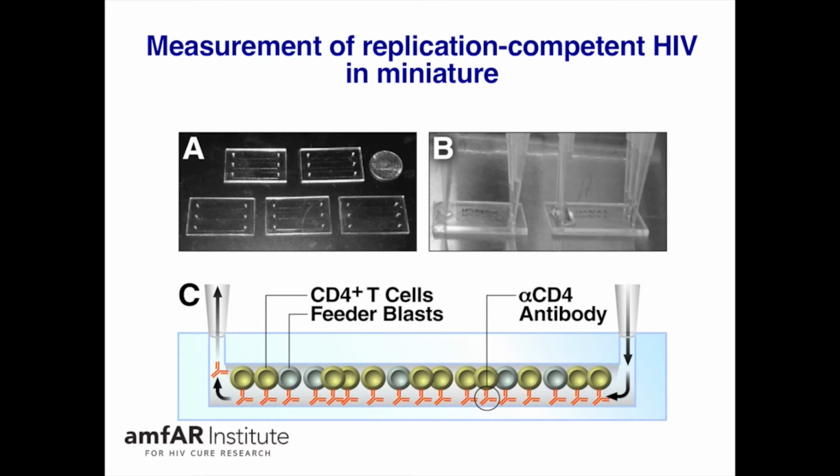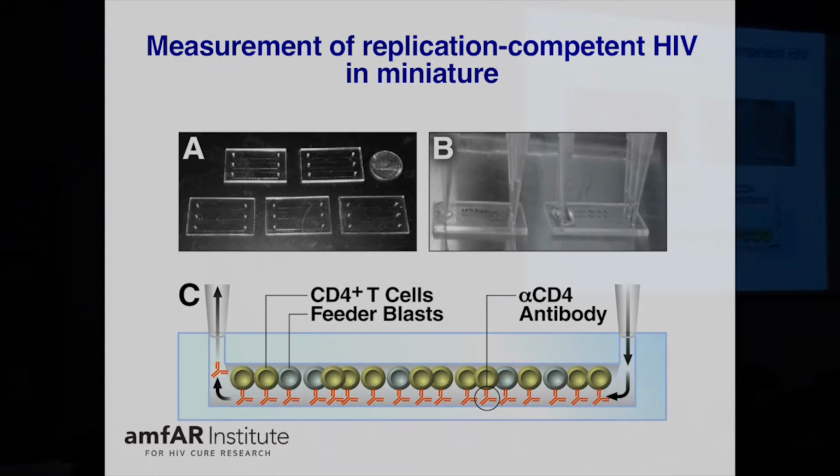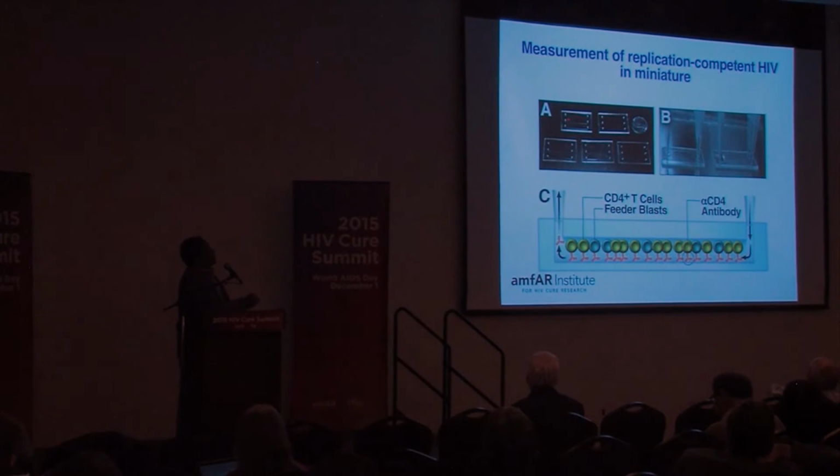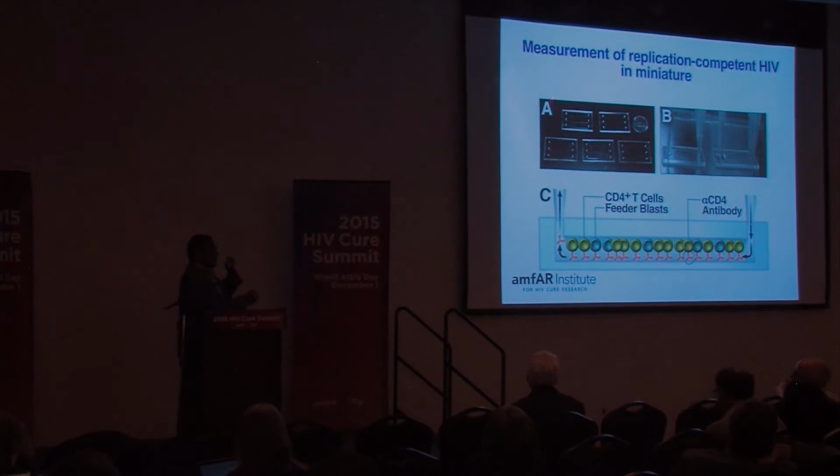He's taking infected cells out of a patient and culturing them in vitro to actually watch the virus grow. So that way he'll be able to measure the frequency of infectious virus in a clinical sample. Other people have similar methods, but the critical advantage of the method that Tim is developing, you'll notice here, this nickel. So Tim has figured out a way to do this on the microscale, in miniature, on these little